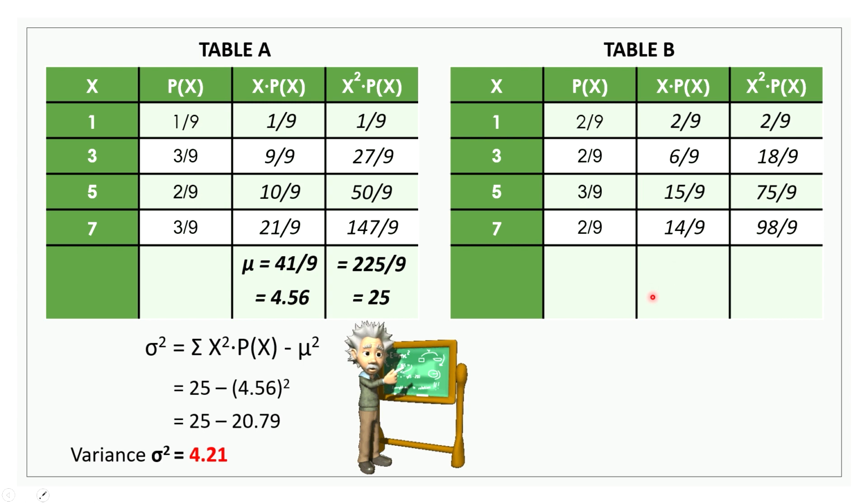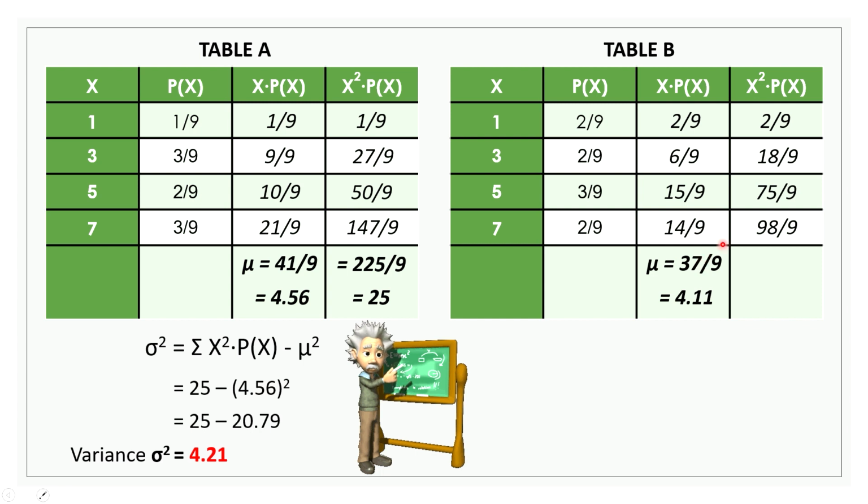So, para makuha naman natin yung value ng ating mean at saka yung ating summation of x squared multiplied by p of x, we simply add all this value sa column na to at saka sa column na to. So, kukunin muna natin yung ating mean. So, i-add lahat natin yung value na to. So, 2 over 9 plus 6 over 9 plus 15 over 9 plus 14 over 9 is equal to 37 over 9. So, kapag kinonvert natin ito into decimal or whole number is equal to